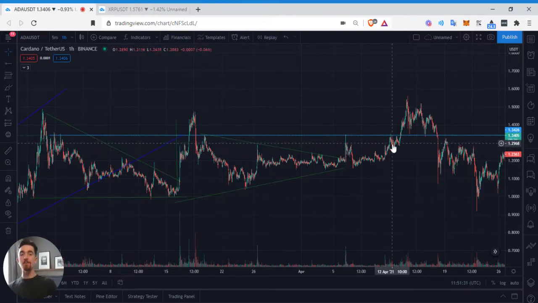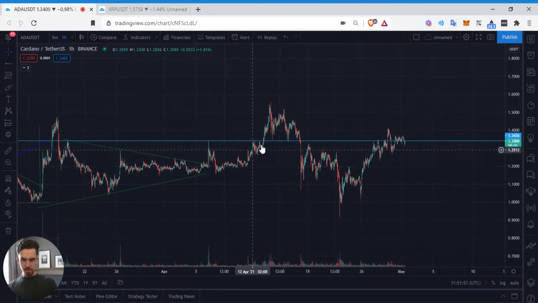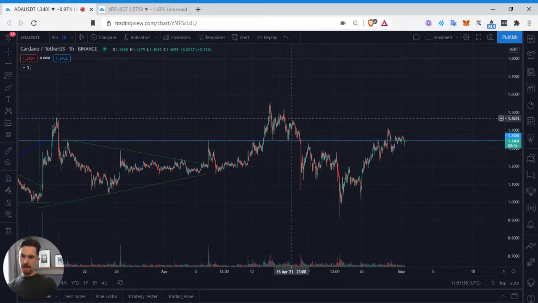Same with up here, except remember with resistance lines, it's like tapping on glass. The more pressure you put on it, the more tests, basically in this case, the more times you test that range or that point, the more likely it is to break towards the upside or towards the downside. It just depends if you're talking about a support or resistance line. So then we see this resistance turn into new support here. So we tested multiple times, and we dumped down, retested it, kind of have been moving in this little pattern here.